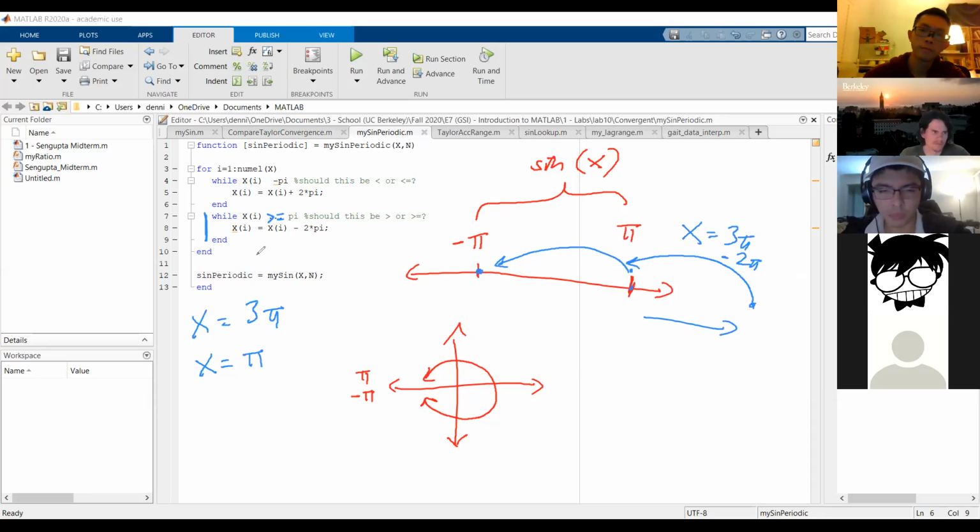So for negative pi, you want to loop up to pi, so that you don't have to hold duplicate values for negative pi and pi. For the first one I would do greater than, and for the last one, less than or equal, or wait, greater than or equal to? Sorry, greater than or equals, so that way negative pi always maps to